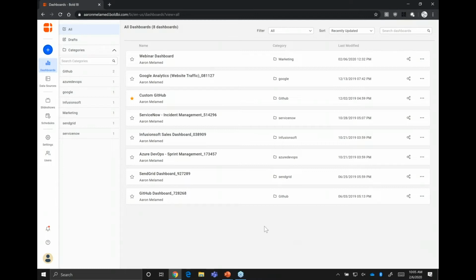Now, as far as the feature set and what I'm going to show today, there'll be no difference between the cloud and the on-premise version. And in general, there really aren't any differences in terms of features. It's just mostly about preference and environment and things like security concerns and the like that will determine which edition